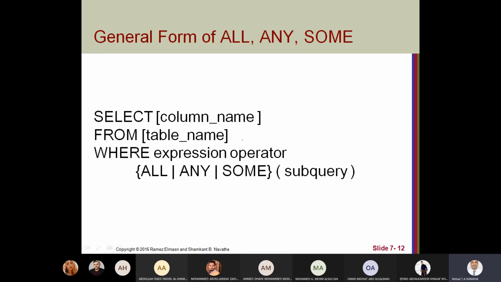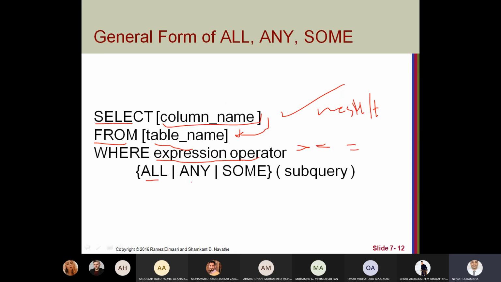Okay, so this syntax: we have select the columns that will be returned in the result. This is the result. From the table that we will get the result from, and then expression and operator to check value, maybe more than, less than, or equal.